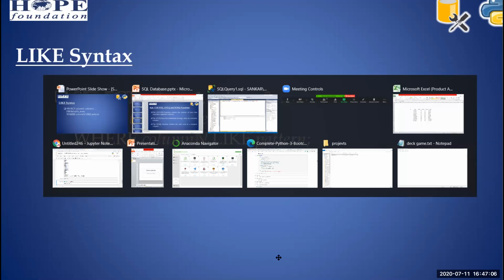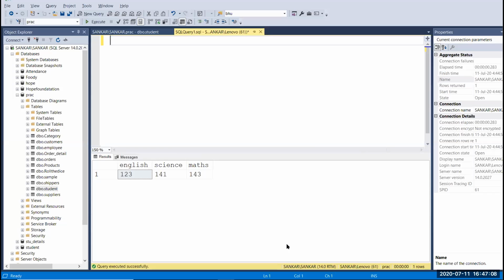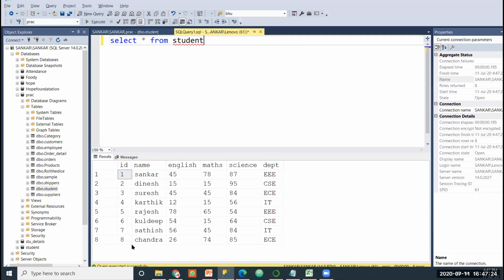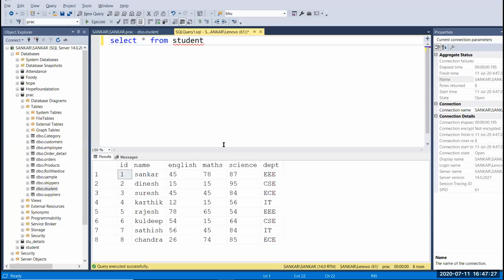Let's see. First I'm going to fetch all records from students, and now I'm going to run this. Here I want to print the names that start with the S character. Let's see how to do that.